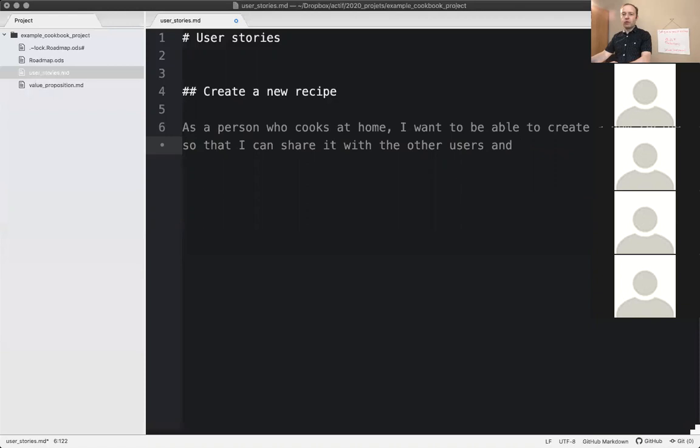And I think what I overlooked here was the login part. So you need to create a whole epic for logging in, creating a user, and that kind of stuff. But I don't want to get into all the details. I just want to show you the basic idea. So let's continue with the other users and the anonymous visitors